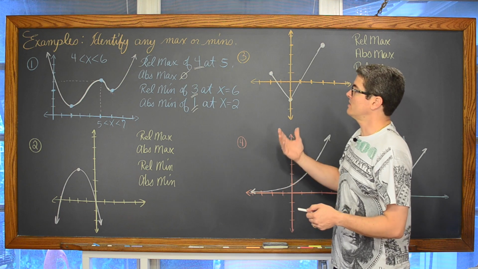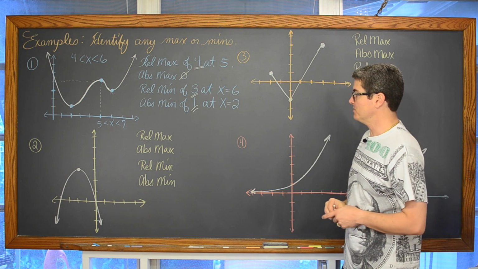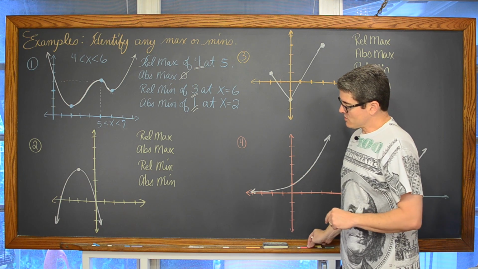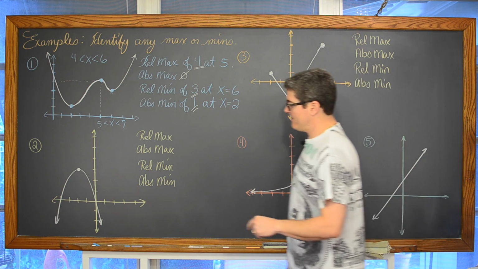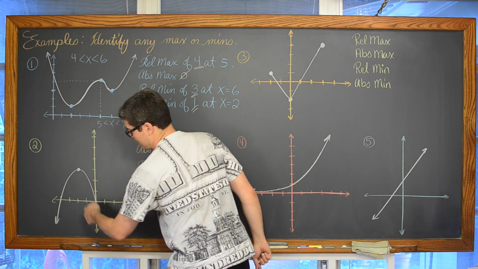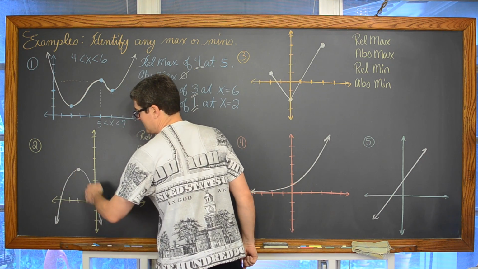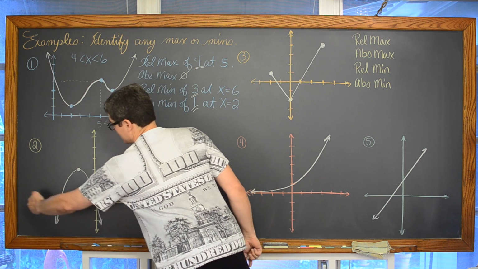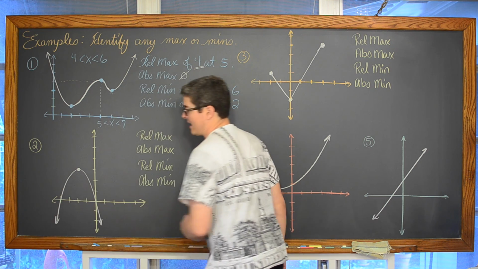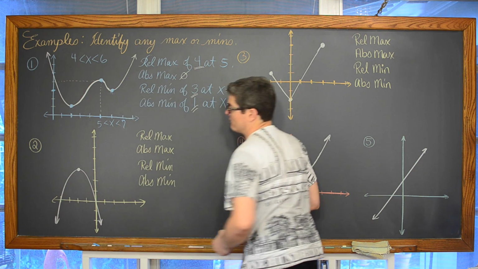Okay, and again, your book might just be using the 4, the 3, and the 1 for identifying the extreme values, so the maximums or minimums, whether they're relative or absolute. For this graph here, we have another graph that has end behavior which is the same. It's going down to the left and down to the right. It's a parabola. It looks like a parabola anyway. It's opening down, and throughout the entire domain, there's no breaks in the graph. It's a continuous curve going to the left and right forever.